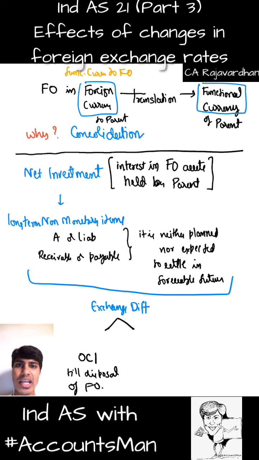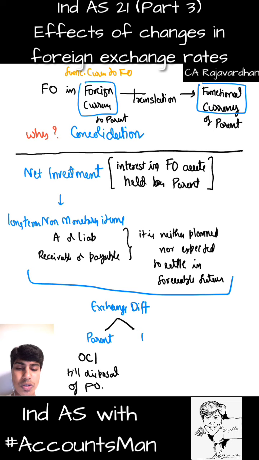I will keep it in OCI, and it will remain there till the time I sell my entire investment in my subsidiary, or till the time I merge my subsidiary into me, I completely acquire it, or I liquidate my subsidiary. Till then that will remain in OCI and it will not go to P&L. When my foreign operation becomes integral, when I acquire it and include it in my books of accounts, or I give up the entire investment in the foreign operation, then it will go to my P&L, because then it will become actual. That will go after changes. Now this is in the books of parent.